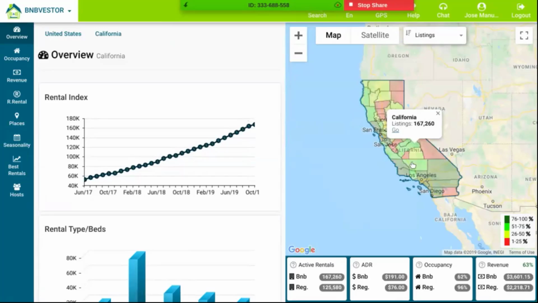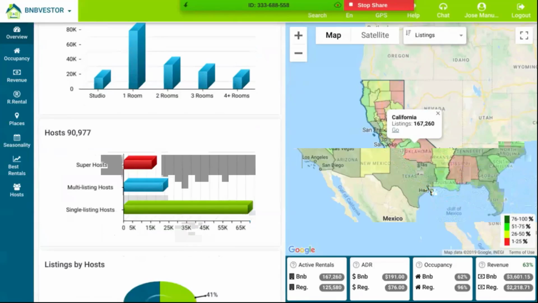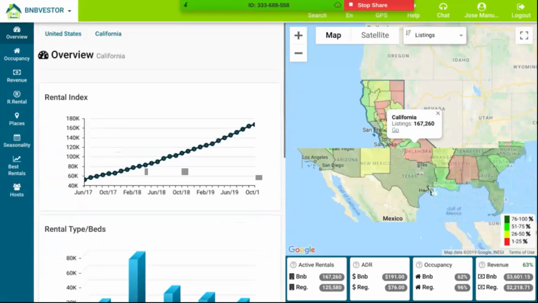Right now there are 167,000 listings in California, and I want to dig a little bit deeper and go to San Diego. There are several ways for me to check more, even some graphics here about the number of hosts and the type of properties in the market. But let's check out directly San Diego.